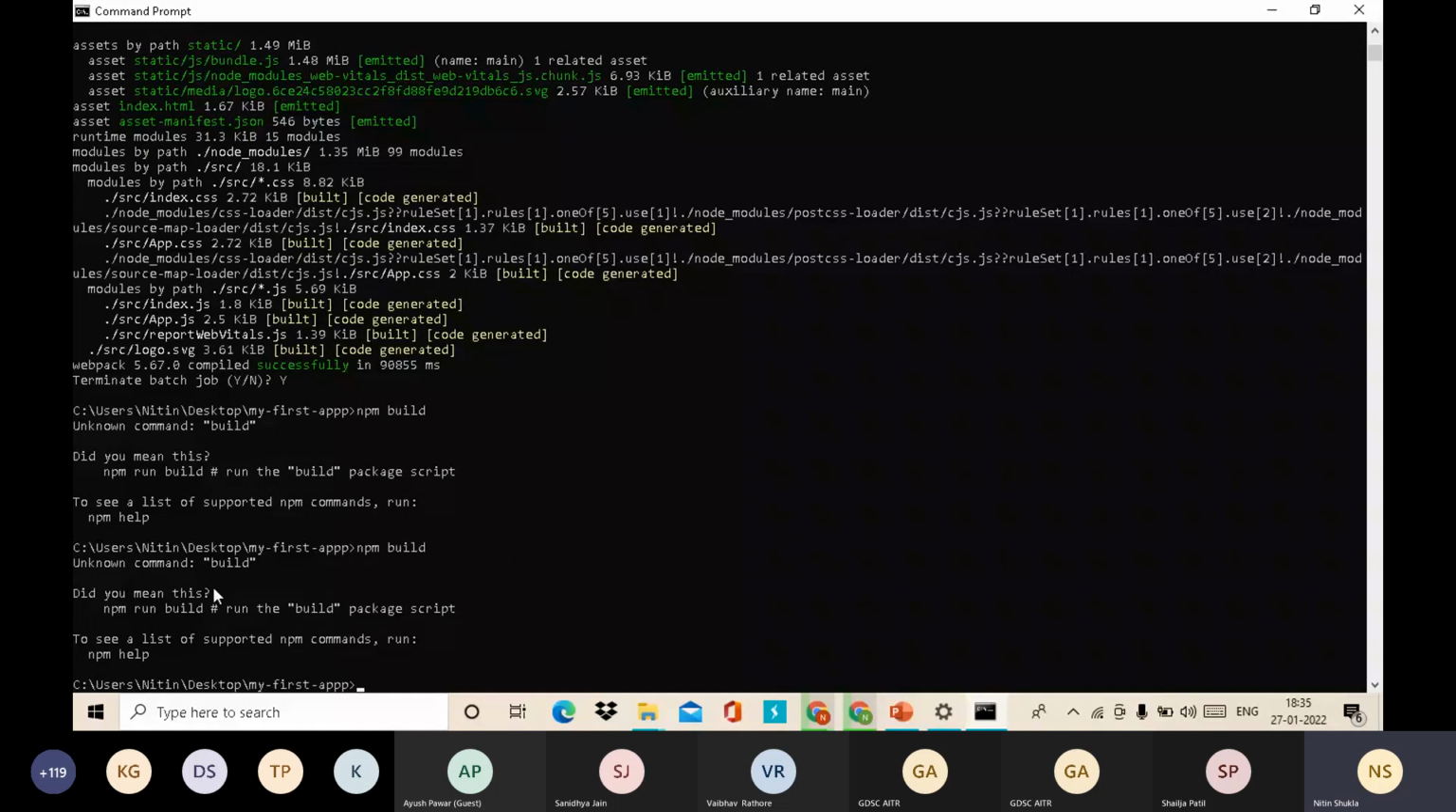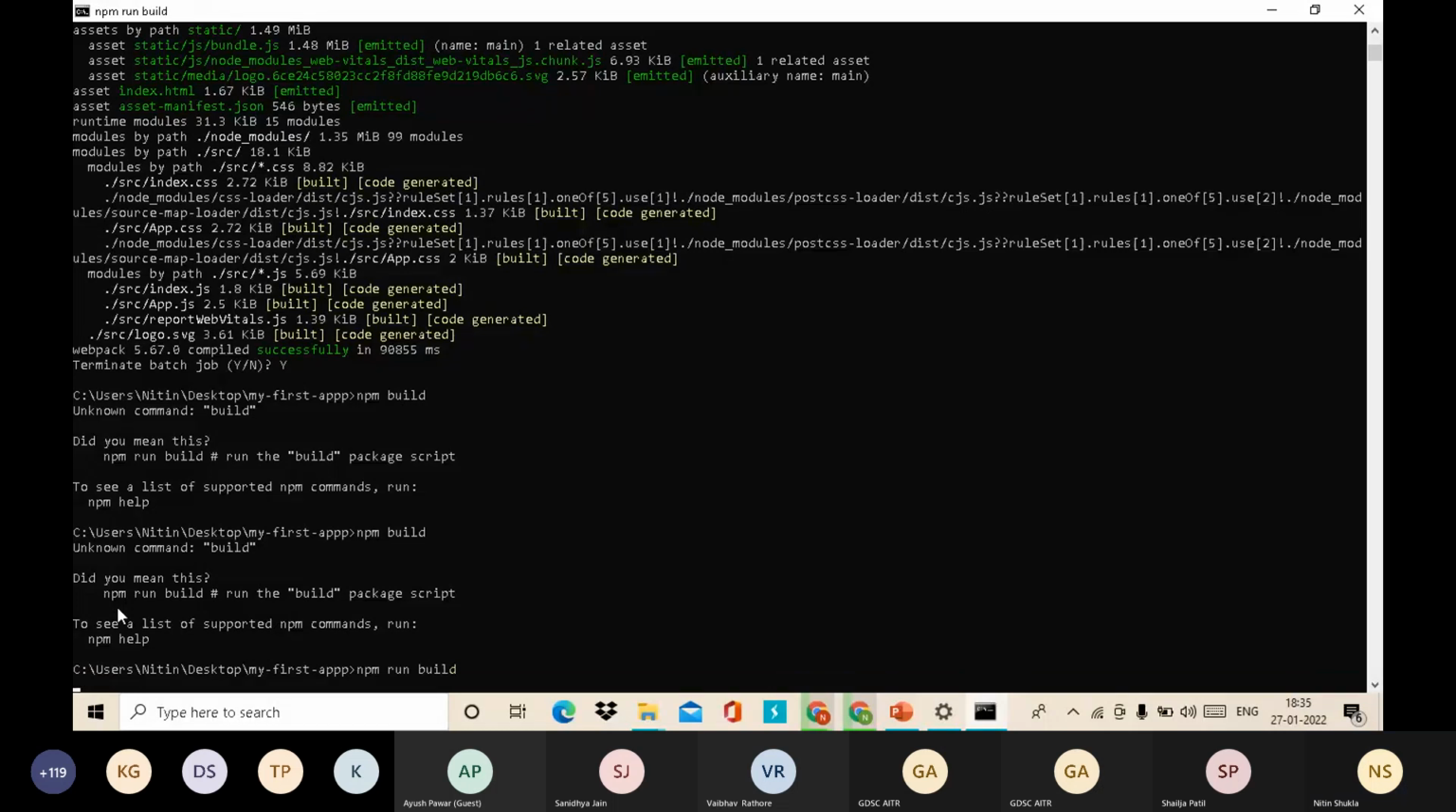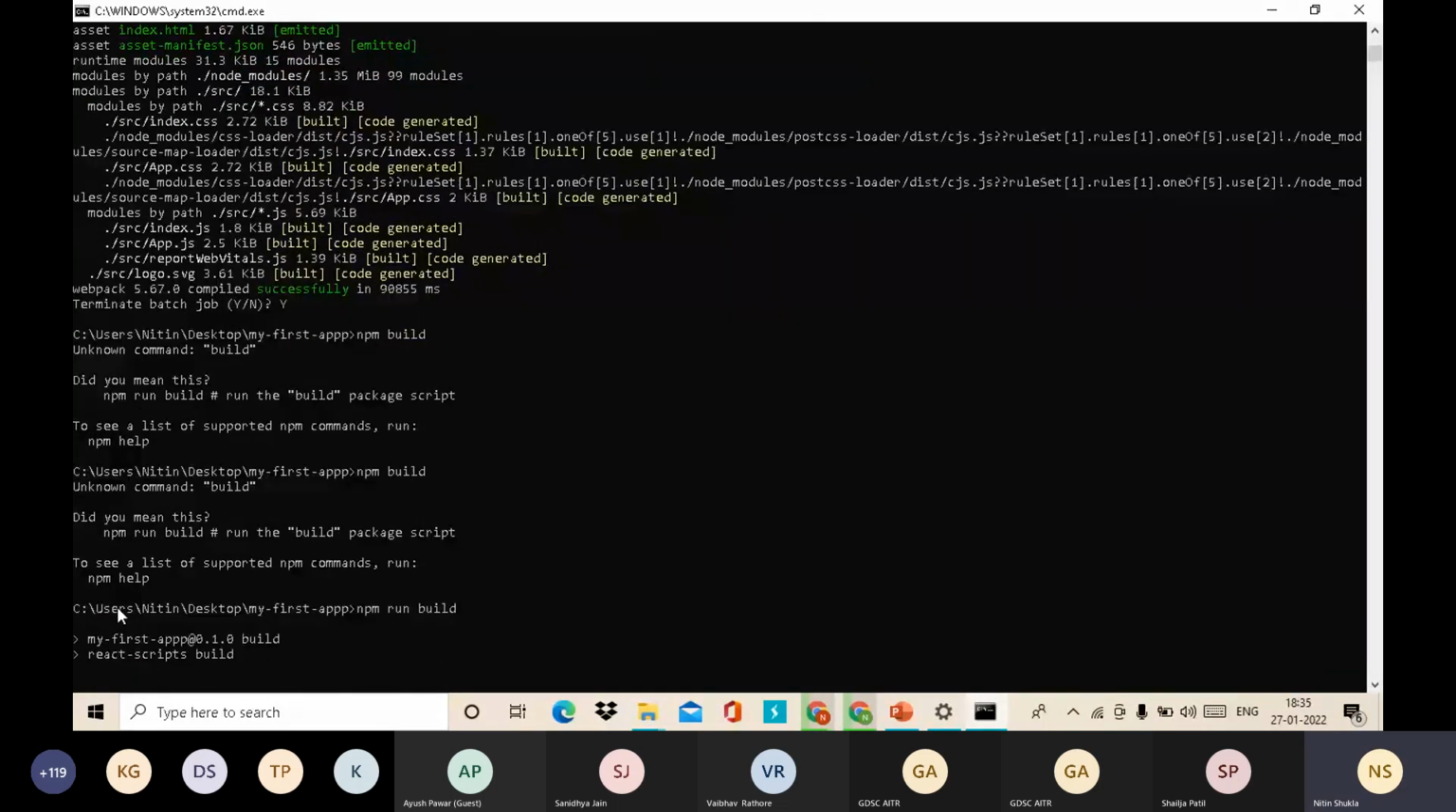There would be some type of error. npm run build. With the help of this, a build package would be created. So you can go there and